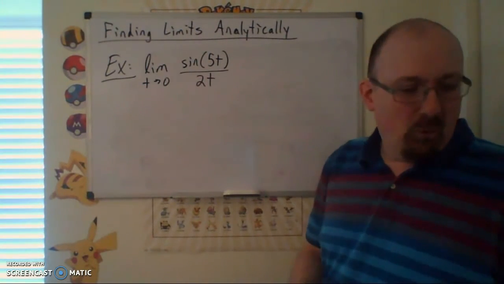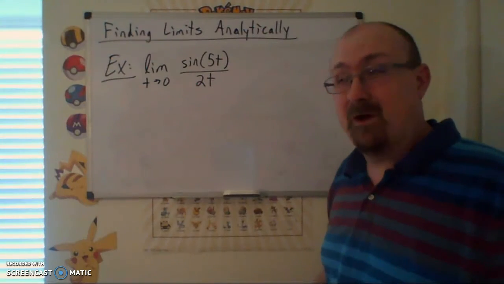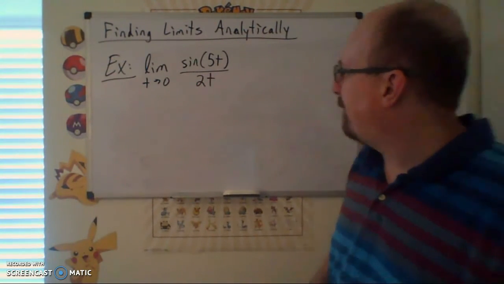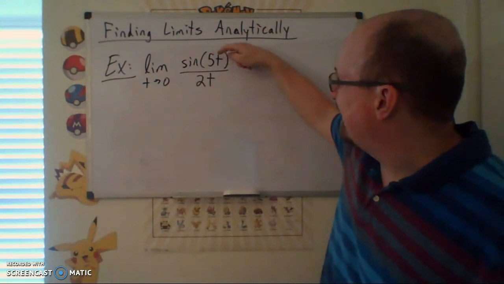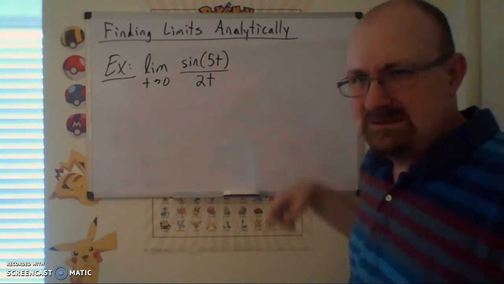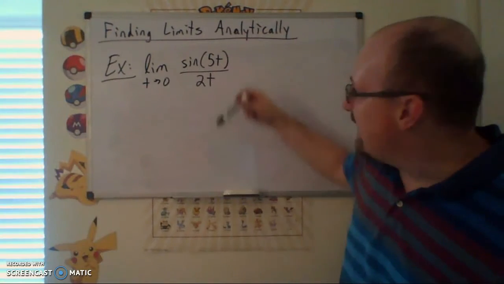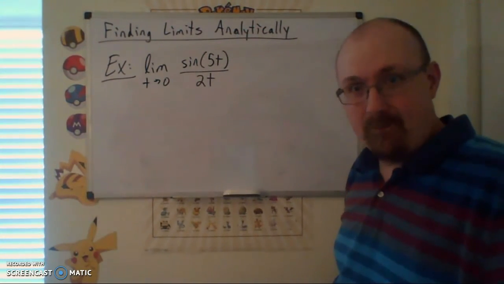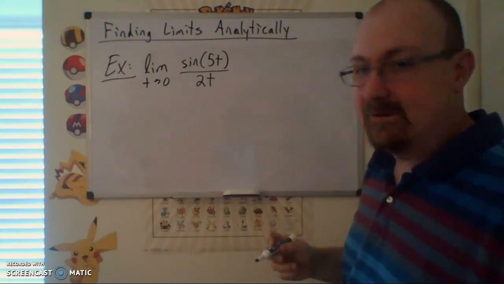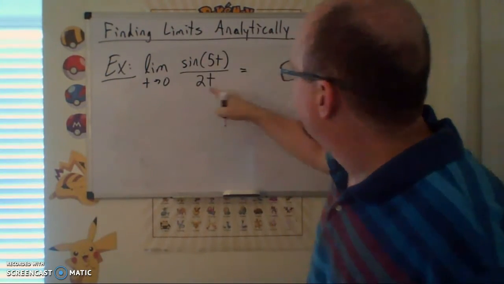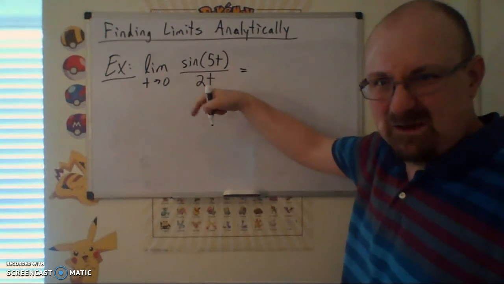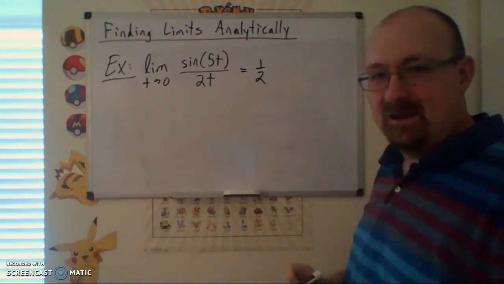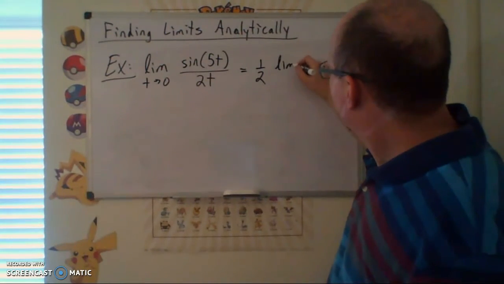As it turns out, one of the special limits on that handout of limit laws references what happens if you've got the limit of sine of x over x. It's not quite what we have here, but maybe we can make this expression exactly match that one. So here's my plan. First off, this 2 is really just a constant. I can pull it out using our limit laws from before, like I did with that numerical example. So yank it out front. We get a 1/2 times the limit